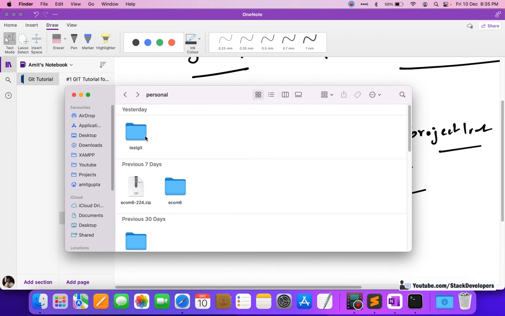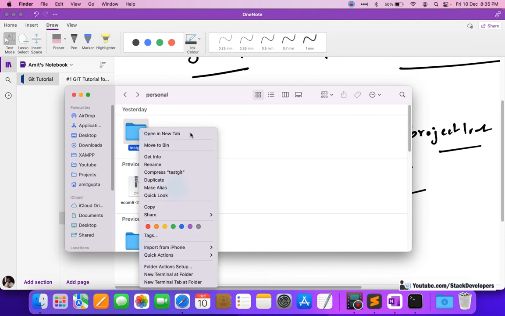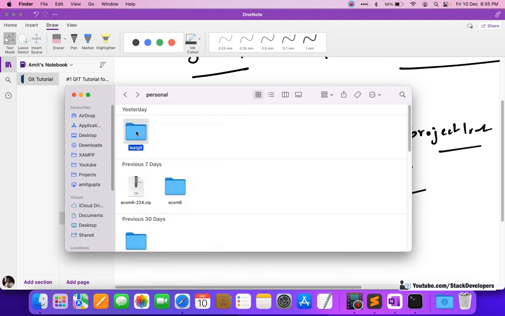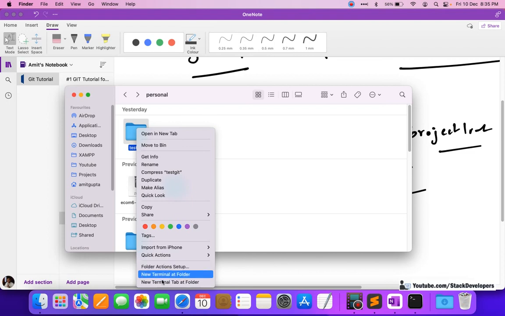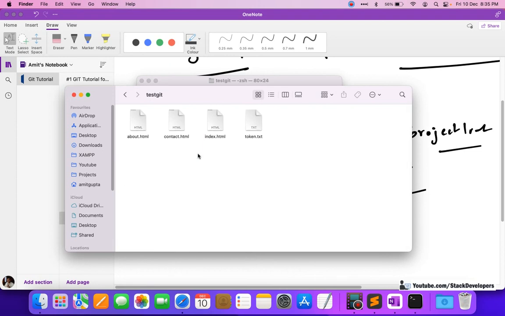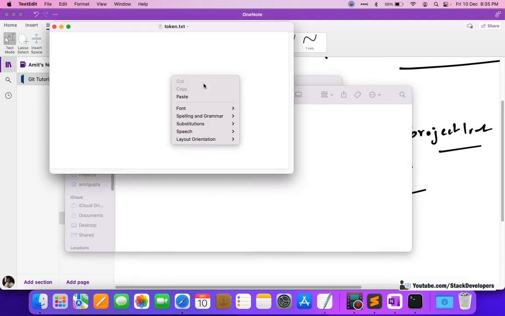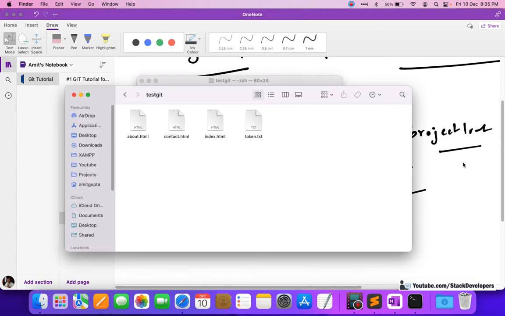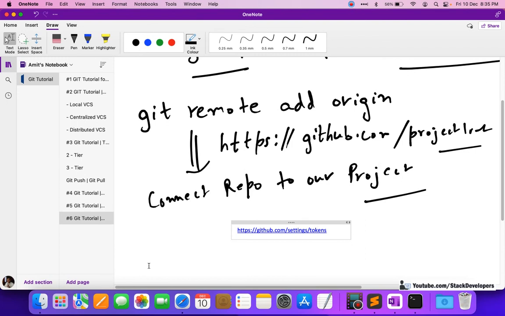Okay, so I can even create a file inside this one. I will run one command here in Mac to create a token.txt. In Mac we need to do it like this, but generally it is not required in Windows. You know how to create files in Windows. Okay, test file, so I will save it. Now I will try once again.